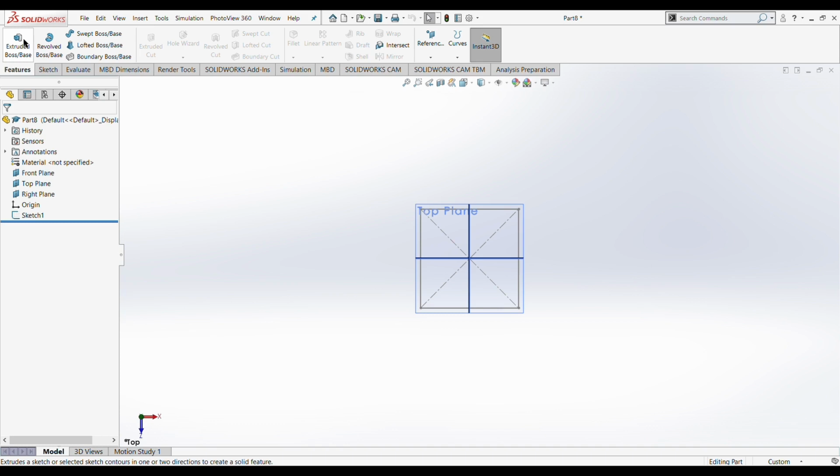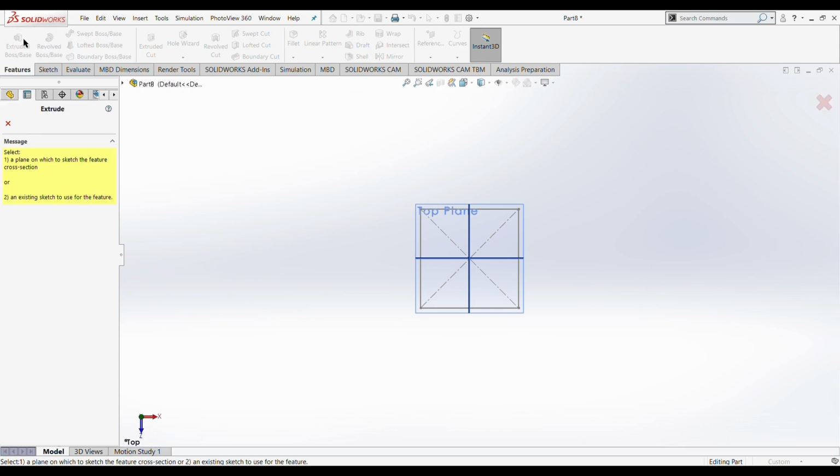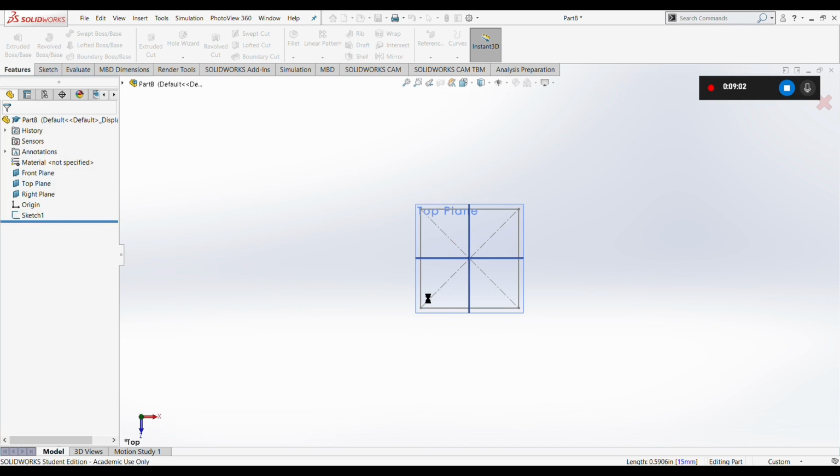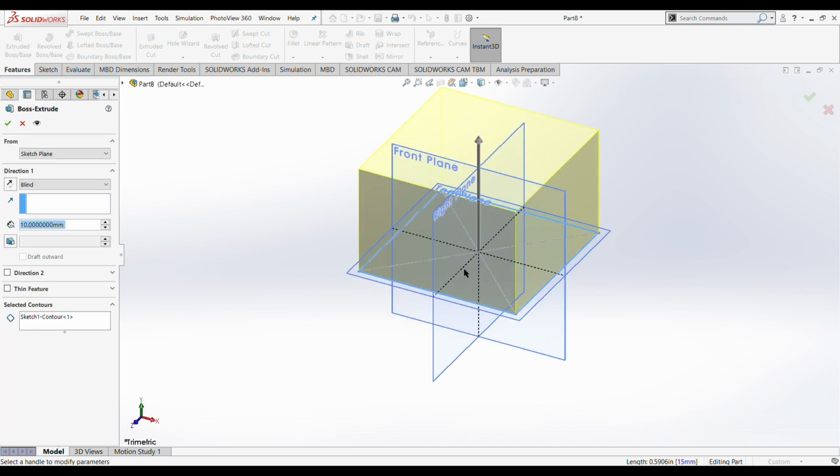So if I go ahead and click on extruded boss base, it's going to ask what I want to extrude. I'm going to go ahead and choose our square that we created. And now you'll see that it's trying to extrude this square into something a little bit more 3D, giving it height or depth. Now we want to make this into a perfect cube. That means that based on our 15 millimeters of length on our square, we want to make that 15 millimeters